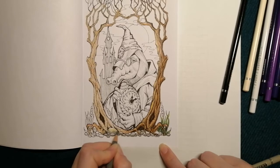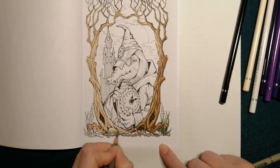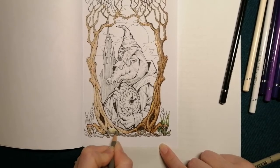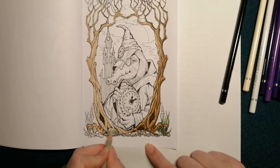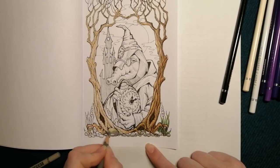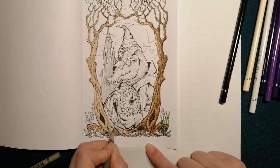Just need to blend that in some. Created a dark line there that I didn't want, so now we're just going to darken underneath it to fix it, and because of that bring the darker tone up a little and just correct that grey, and then a final layer in the paler grey again over that yellow. Leaves the yellow underneath, but in a way that you can see that yellow mixes with the grey